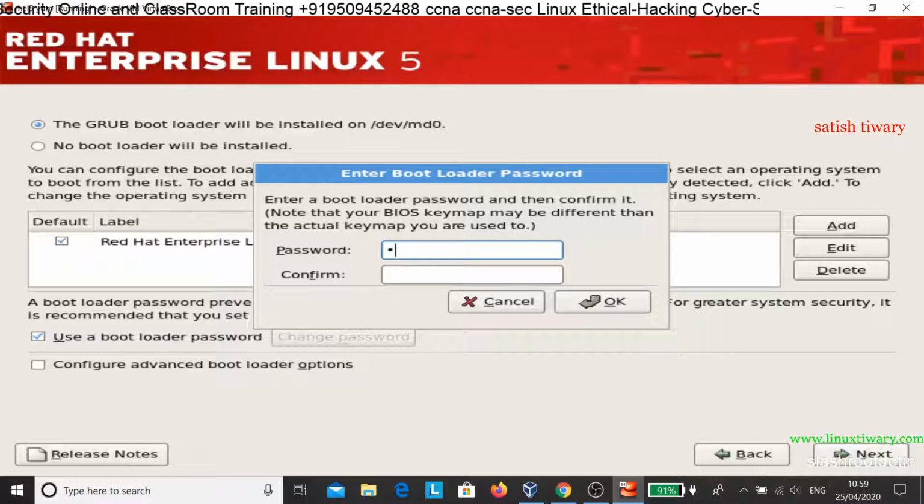Suppose red hat 123, red hat 123. Again, this is not your root password. ये भी root password नहीं, ये boot password. ओके, जो grub password होता है इसको हम लोग boot loader password बोलते हैं, ये password है वो, ठीक है।